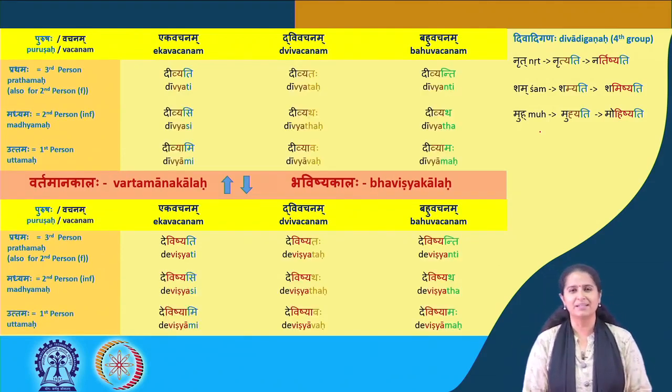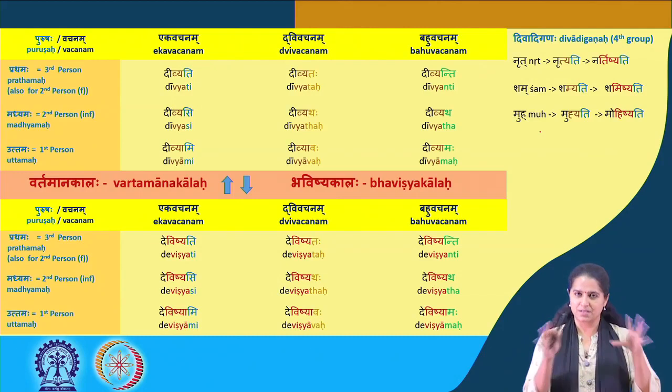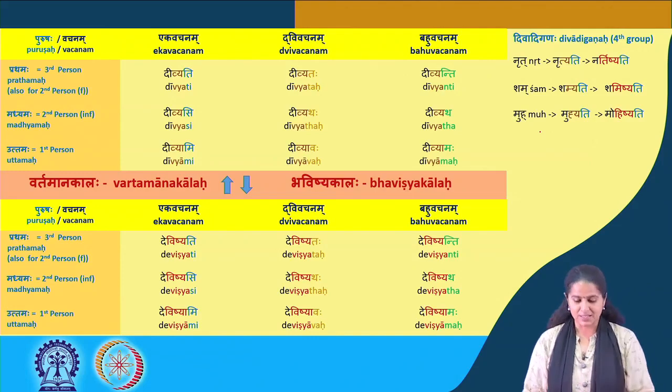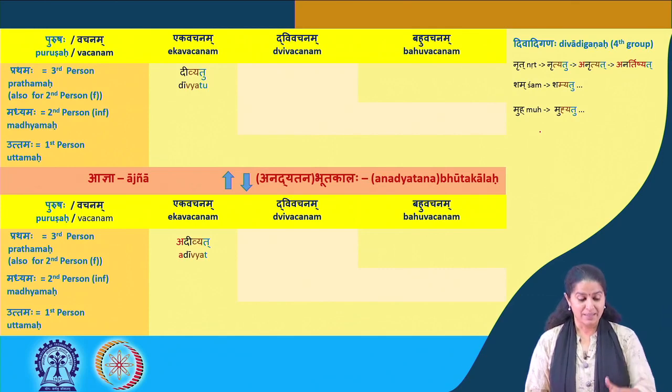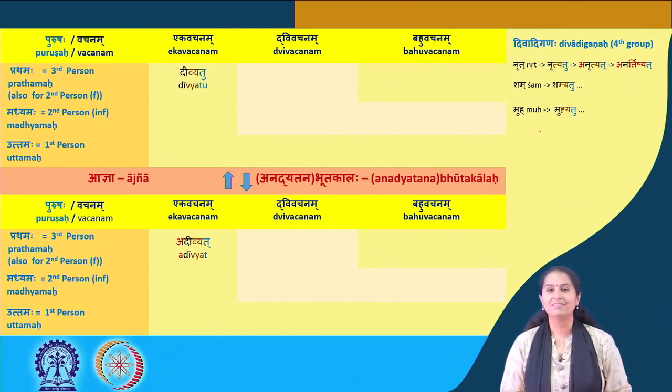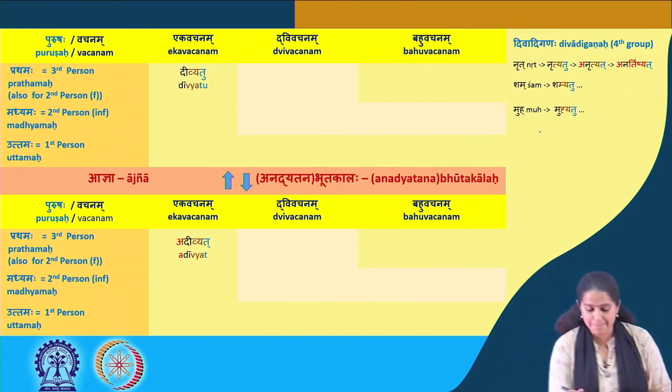This is what I've typically done. I will have a blank table for you, and then with just a hint, and then I will show you the full one. So you can practice looking at this, and now you can guess what's coming next. So the Ajna and the Anadyatana Bhuta, and also the Kriyati Patilring as a consequence. So we have here Divyatu. So Divyatu, Divyatam,